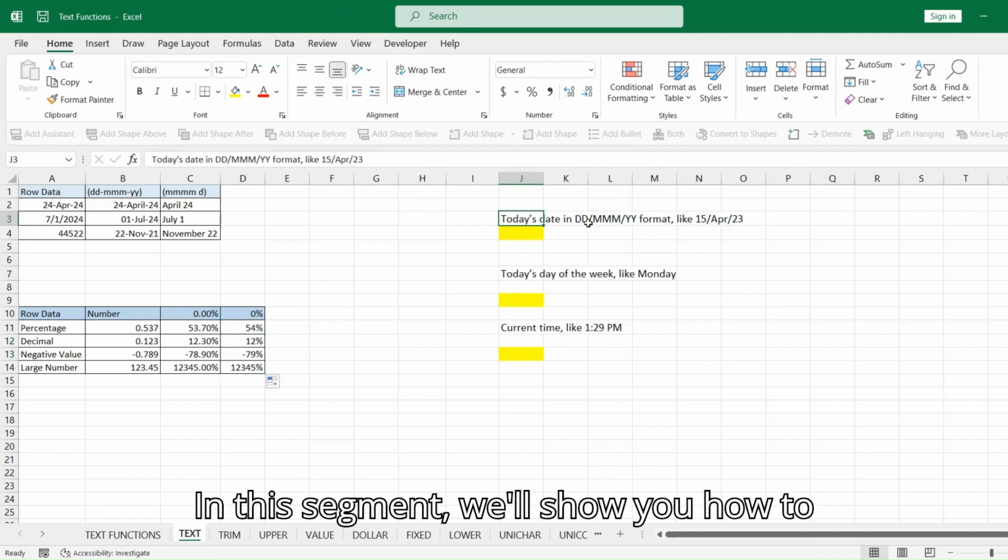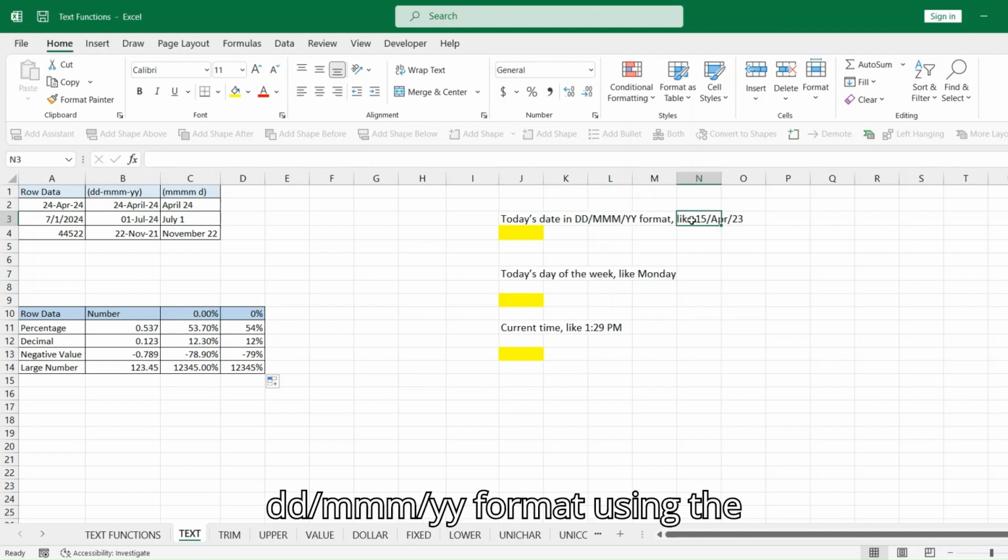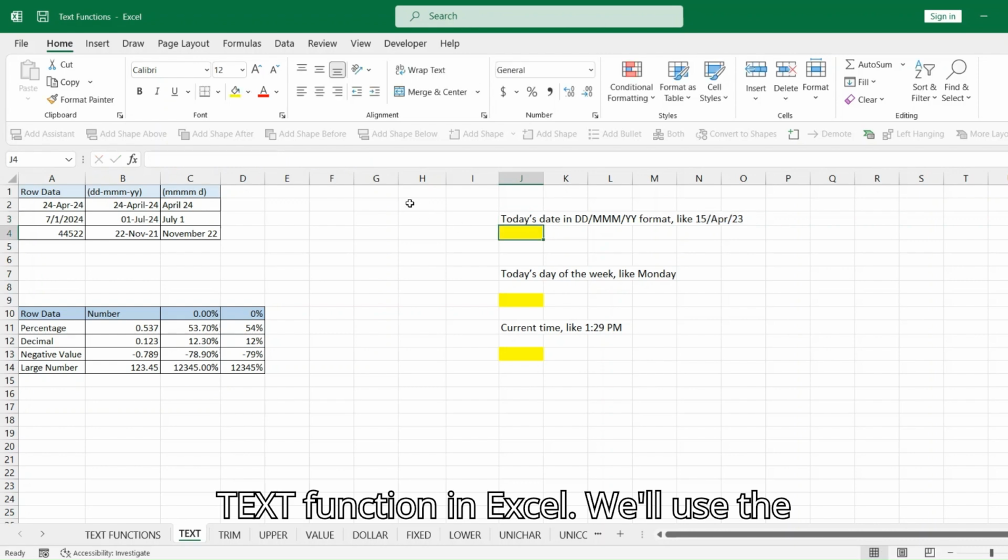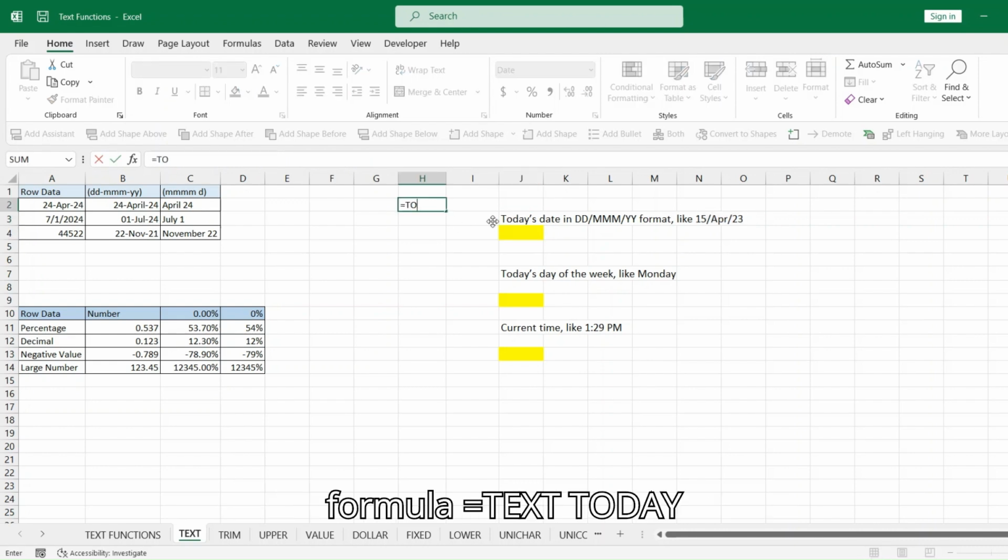In this segment, we'll show you how to display today's date in the dd/mmm/yy format using the text function in Excel. We'll use the formula equals text, today,